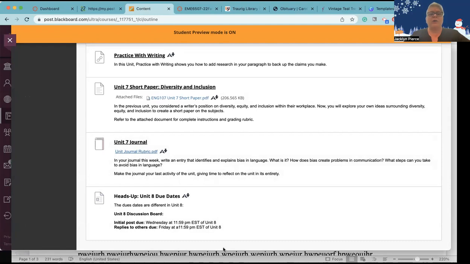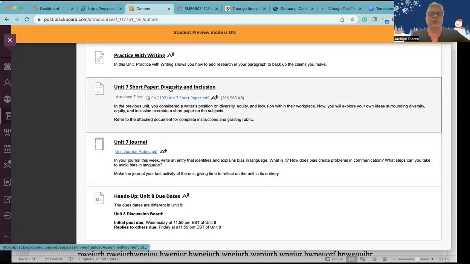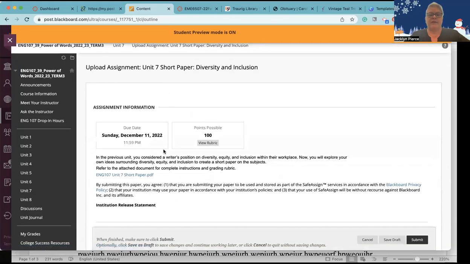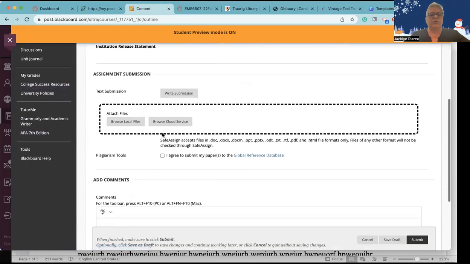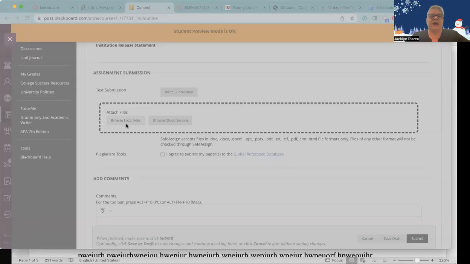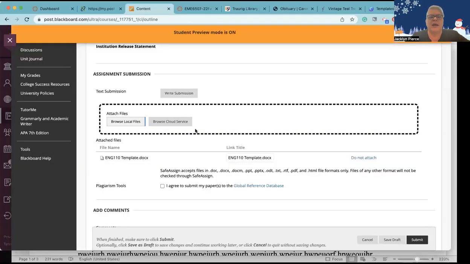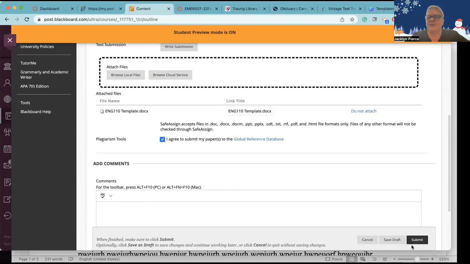Okay. One quick thing about turning in the paper, when you are ready to submit it, you just click on this link and you are going to browse local files. Ignore write submission. Ignore it, ignore it, ignore it. You do not want to just write it in a box. You want to browse your local files, and then you want to attach the actual document. So I'm going to use the template here, and you'll notice it will upload, shows right here. And then you need to click on the I agree to submit my paper to the global reference database, and